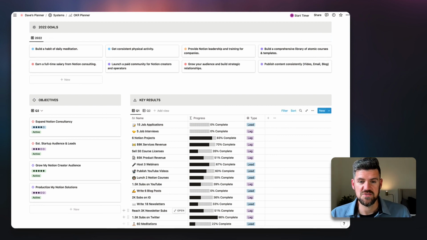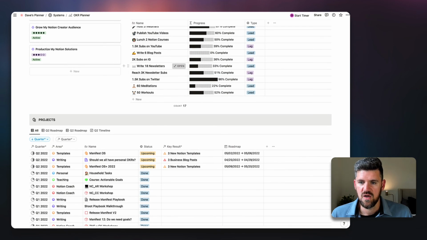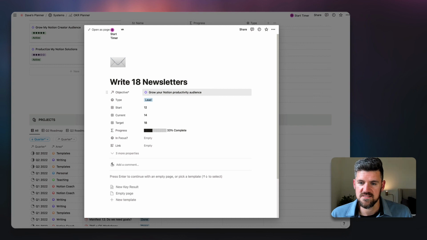And objectives and key results. Objectives are based on the quarter, and key results are tied to an objective. So if we get into something like write 18 newsletters, this is related to grow your Notion productivity audience, as an example. This was from, I think, Q1.